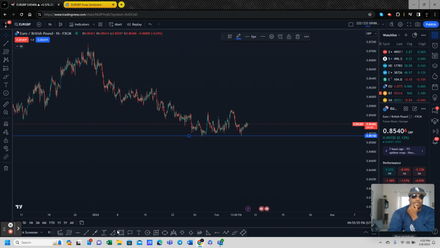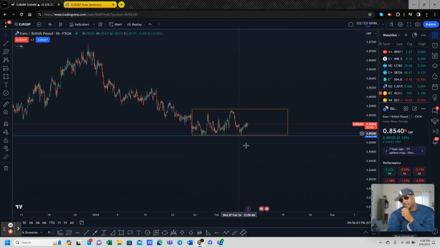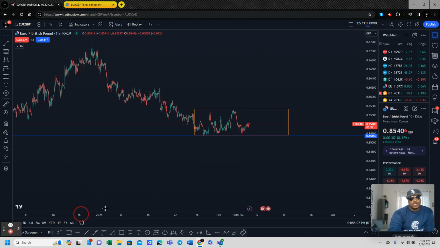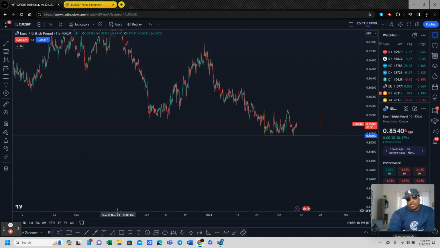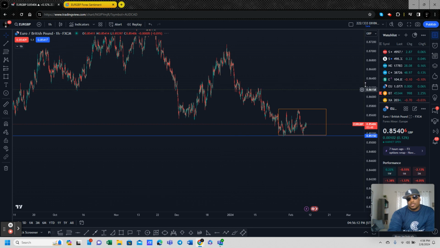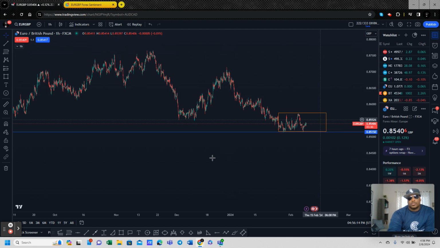So I like to play with a box. So we're gonna take this box area right here. Essentially, I want to see if we can go below, finish out this particular trend, take it to the downside, and we also can look at some massive fib levels. So we take our Fibonacci extension tool, and we're gonna measure this whole entire impulse right here,